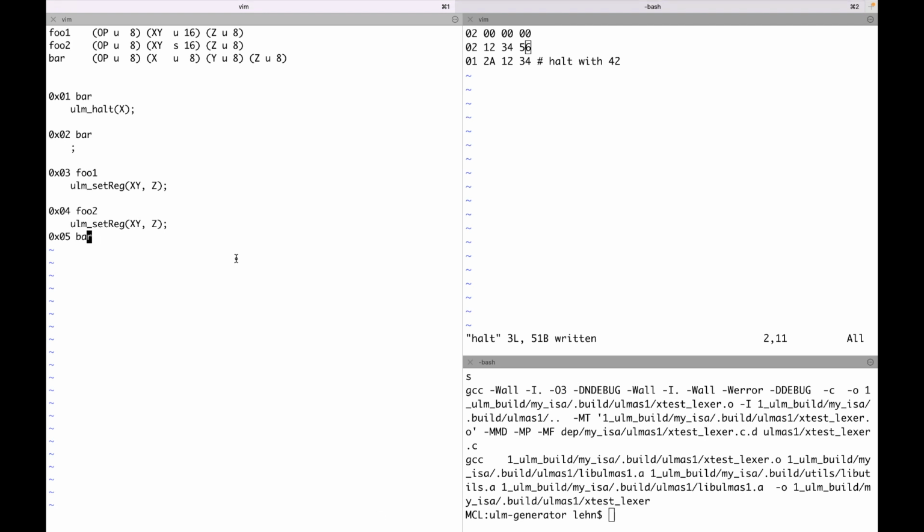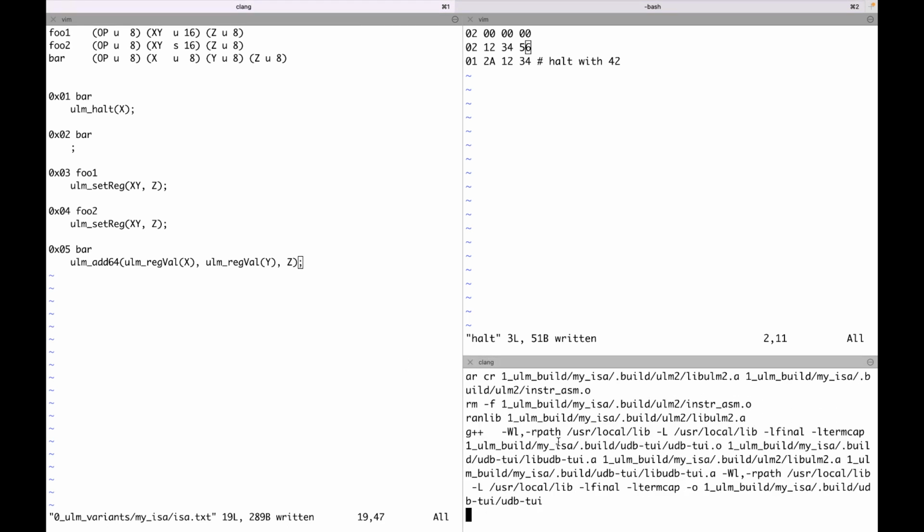Here I use the instruction bar and the micro architecture add 64 for adding 64 bit patterns. The first operand will be the bit pattern of the register with ID X. The second operand, the bit pattern of the register with ID Y. And the third operand is the destination register. Okay, now we generate or regenerate the computer for that,